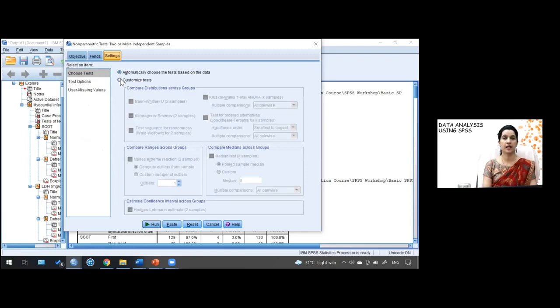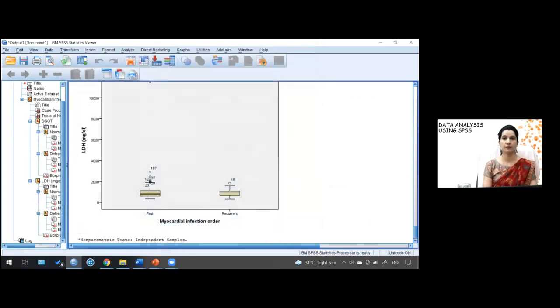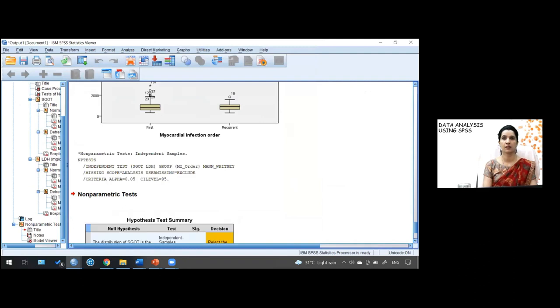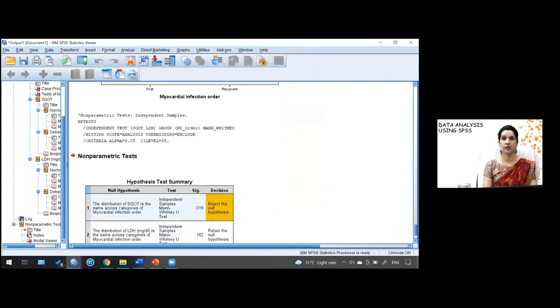In the setting, it automatically chooses the test. But no, I want to customize the test. So press on customize, then click on Mann-Whitney U because it will be the 2 sample test. And then press the option run. If you press run, then you will have this